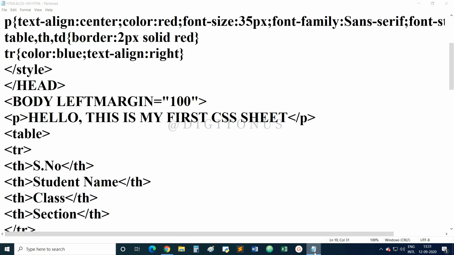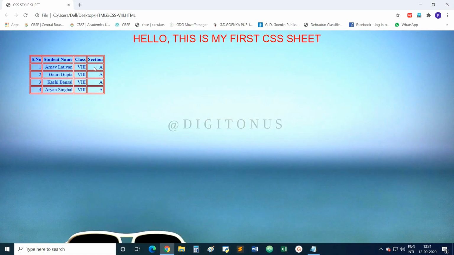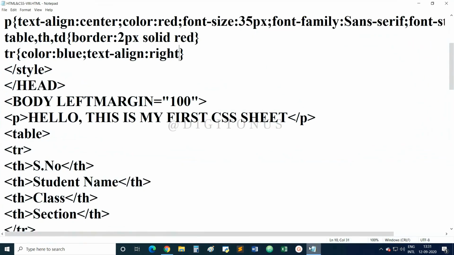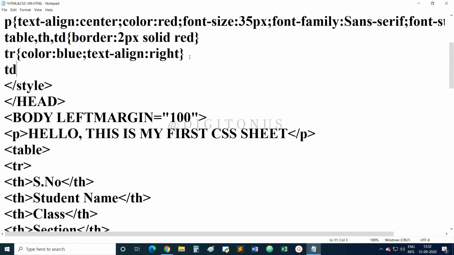Okay. Now suppose any particular text which is there, you want to change the color or you want to change the alignment. So where have we written our particular text? We have written our particular text inside the td tag, that is table data. Okay, so I am writing here again td color. Suppose I am making it red.